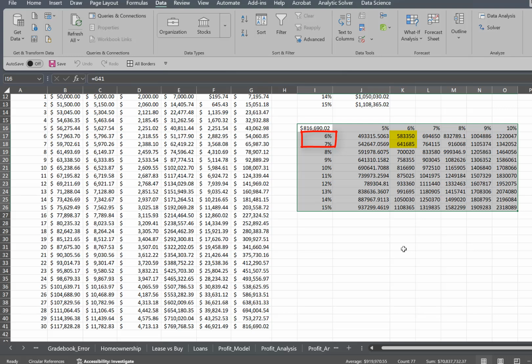her retirement saving would increase by only $58,335, which is a change from $641,685.01 minus $583,350.01. To format the data table to be more readable, we are going to select the cell I16 and then